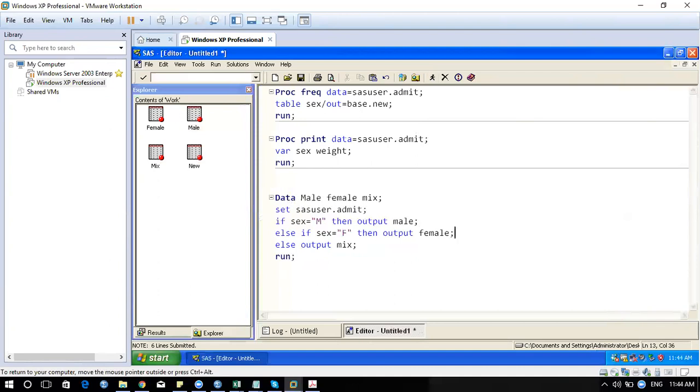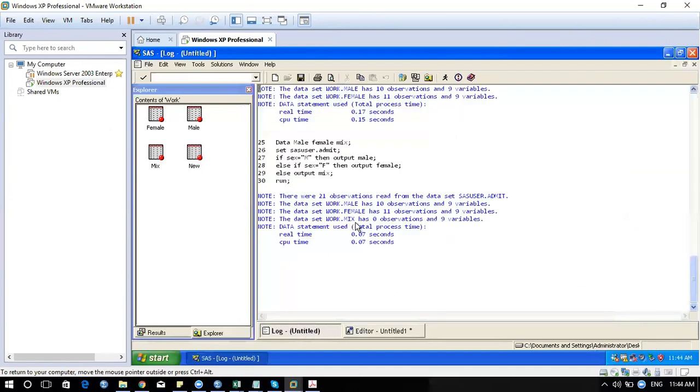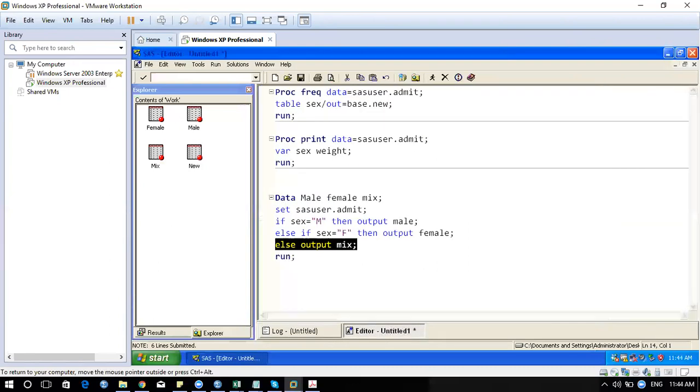Then if it is false, it comes to the next line. If this true condition is met, we get the output in the female section; if it is not matching, it goes to the else part. If you go back and look at the log, we have 10 observations for male, 10 for female, and 0 for the last one. This is nothing but subsetting of a data set.